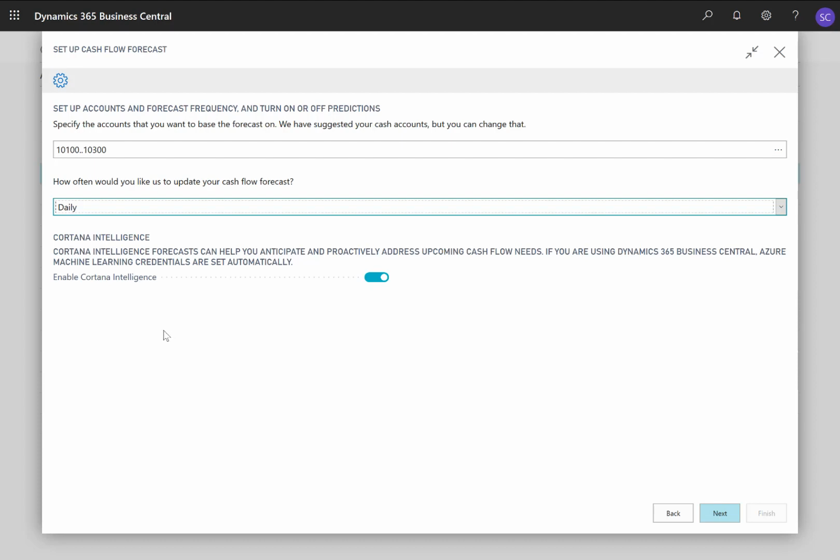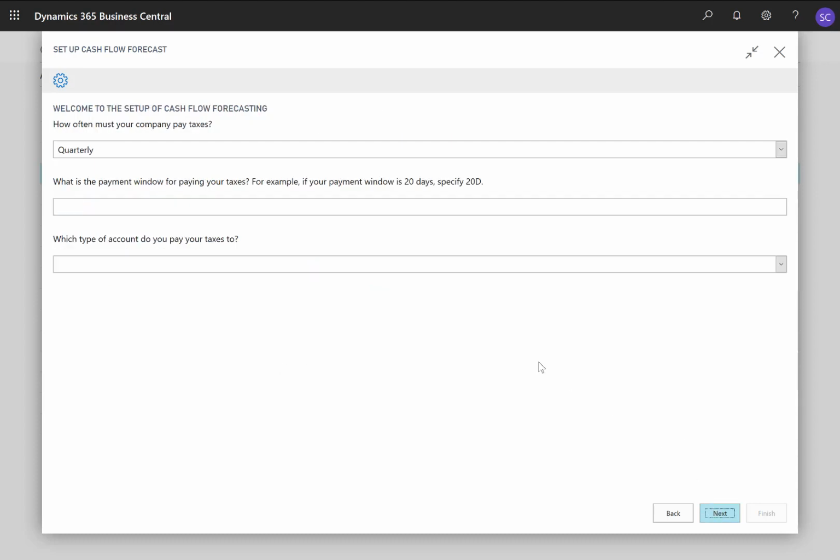Then, do you want to use Cortana intelligence? So you can use machine learning to predict the future cash flow based on expense patterns that we had in the past. And that's another advantage of using the assisted setup. It will automatically set up Cortana intelligence, which you can also do manually, but that's a bit more complex. Then by clicking on Next,